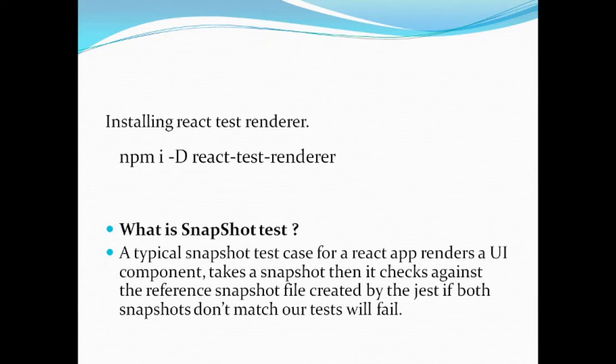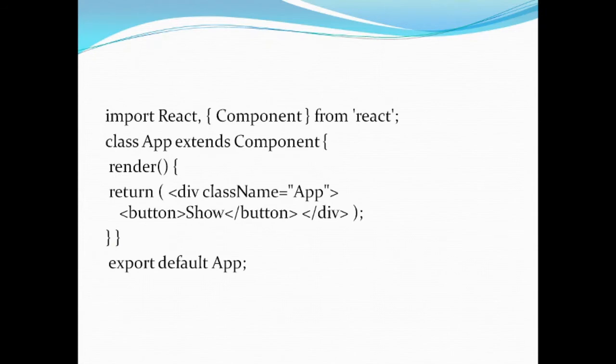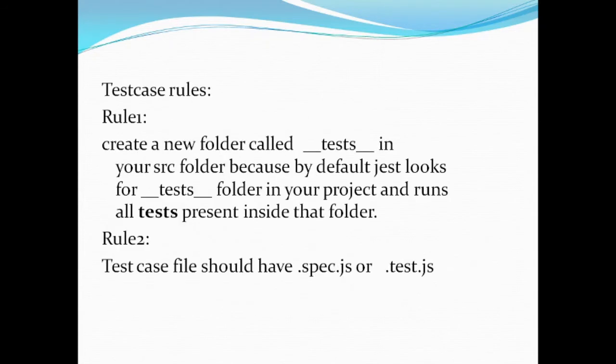We have seen this with one simple component that shows a button, and this can be tested with a test case. When we write a test case, we need to follow the naming convention. The test case file should be created with .test.js or .spec.js, and you can maintain your test cases in the src folder itself. But when there are many test cases, meaning your application is loaded with multiple components, you always create a __test__ folder, and into it you can put your test cases.